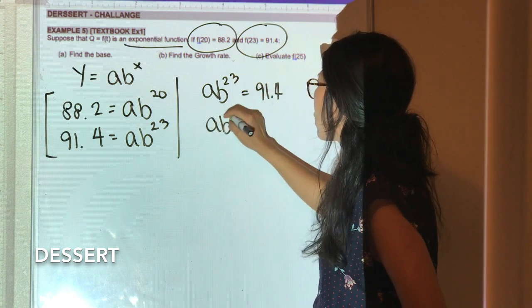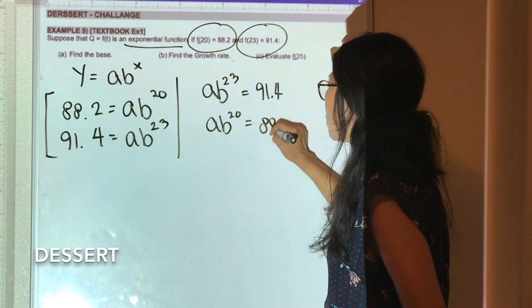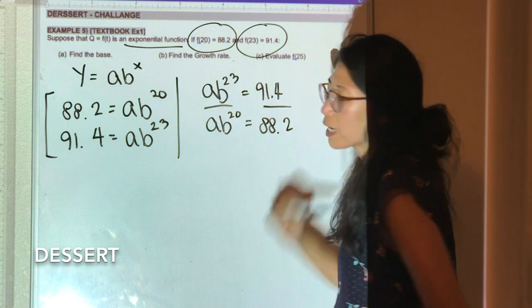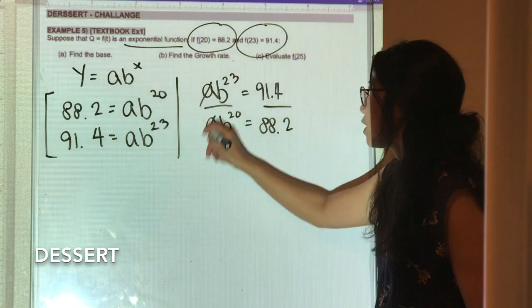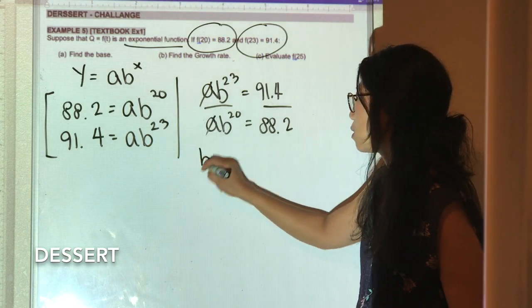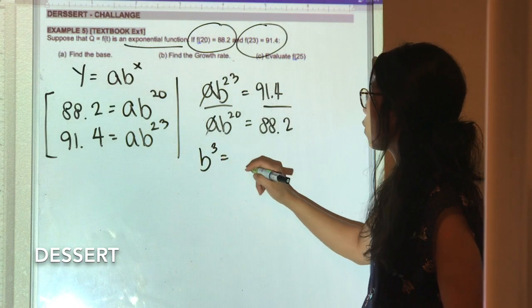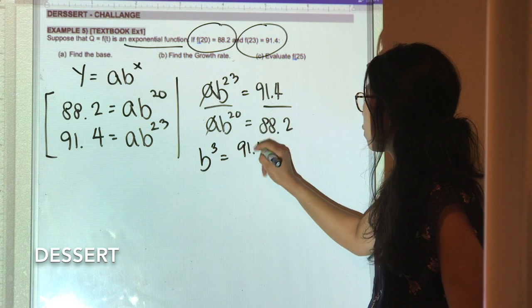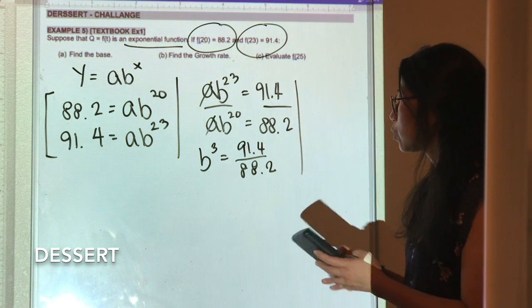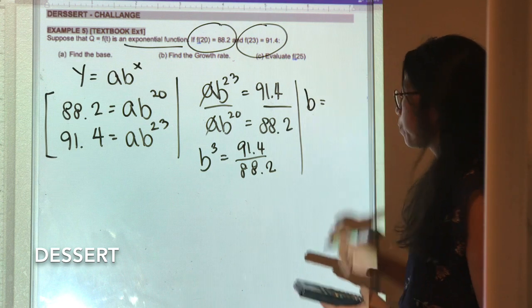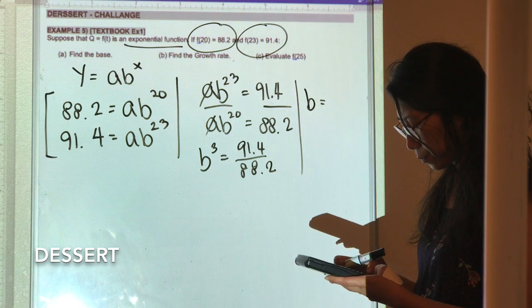Then the second equation is given this way. By dividing these 2 equations, as you see, a will get cancelled out. So b to the 3rd power is 91.4 over 88.2. By punching it into the calculator, the b value will be